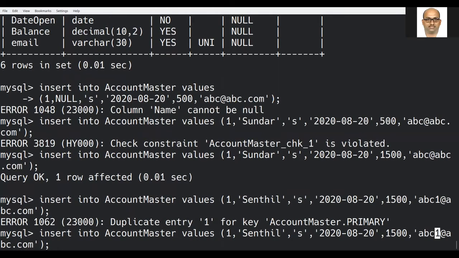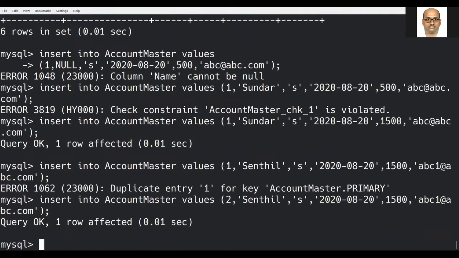Now if I try to change this one to 2, will this work? Yes, I have inserted the second row successfully. Now we have successfully tested the primary key, not null constraint and check constraint.